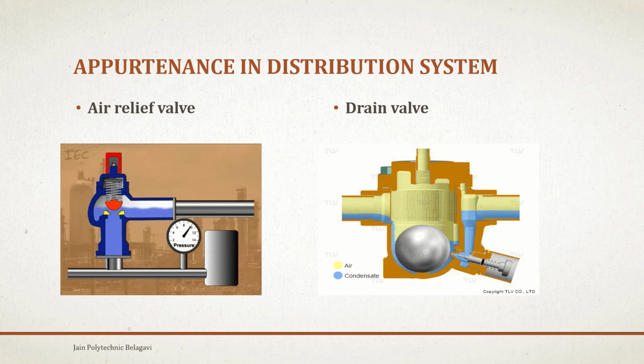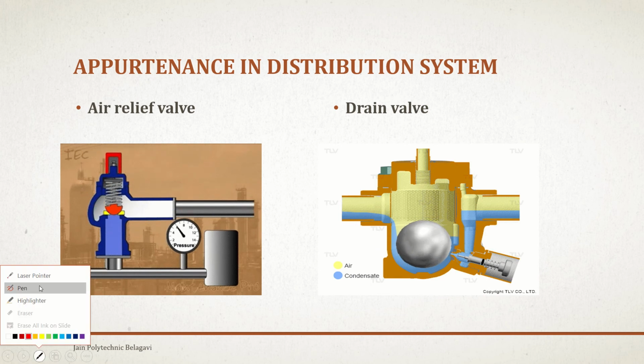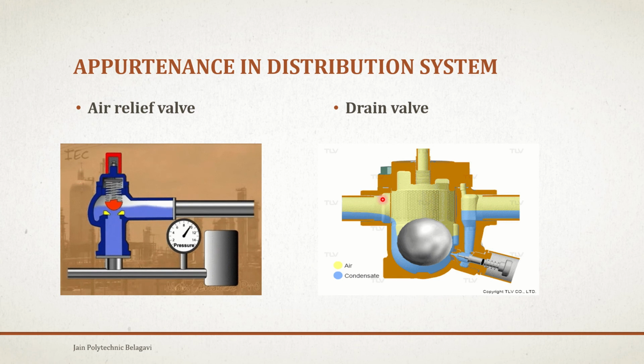From the left side we will have the input of the drain water and it starts flowing inside, and this is the float and this is the inlet of that water and it enters here, it goes upwards. And if any air pressure is there, it is released through this pipe.